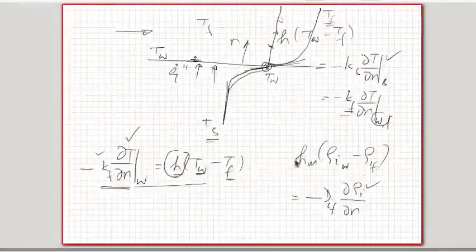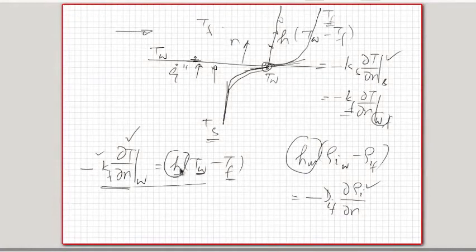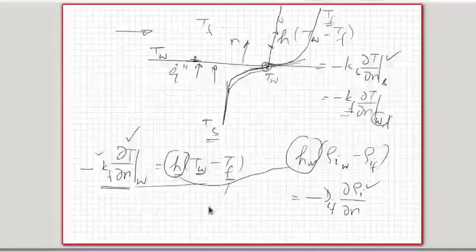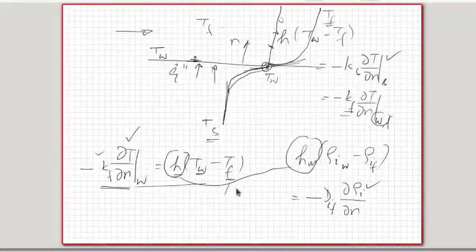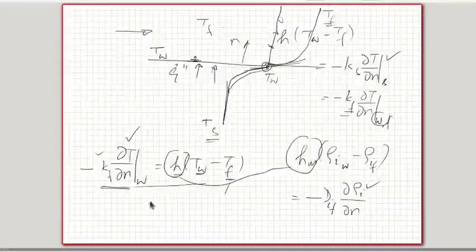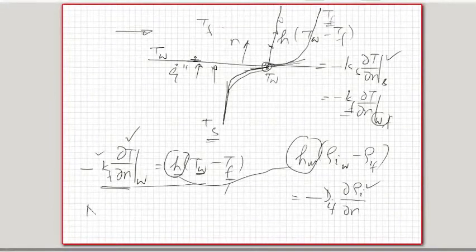So this mass transfer coefficient and this heat transfer coefficient are therefore composite parameters which hide a lot of information inside them, and they have to be obtained by understanding the mechanism by which the heat transfer or mass transfer occurs in the presence of advection and diffusion. That is the understanding with which we solve for these parameters and get the heat transfer rate or mass transfer rate. So as I said, Newton's law of cooling